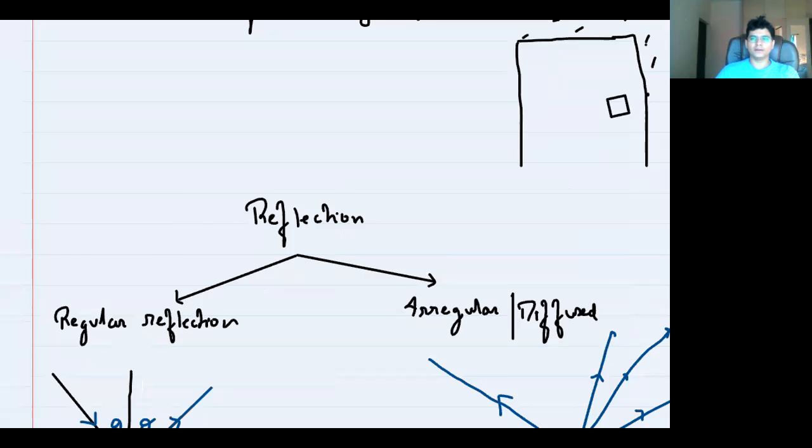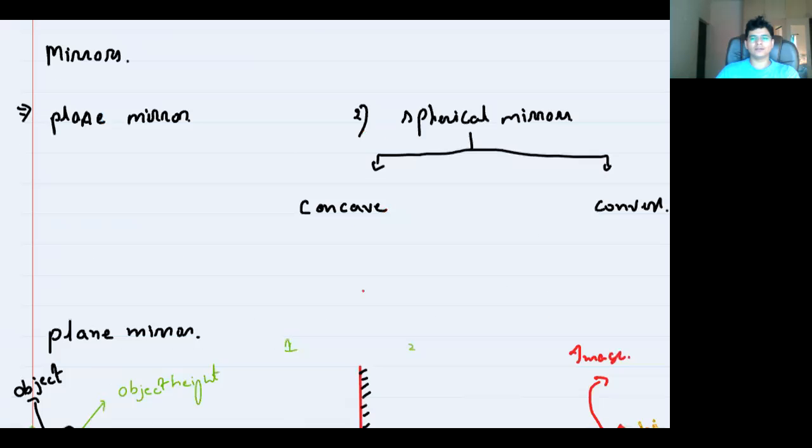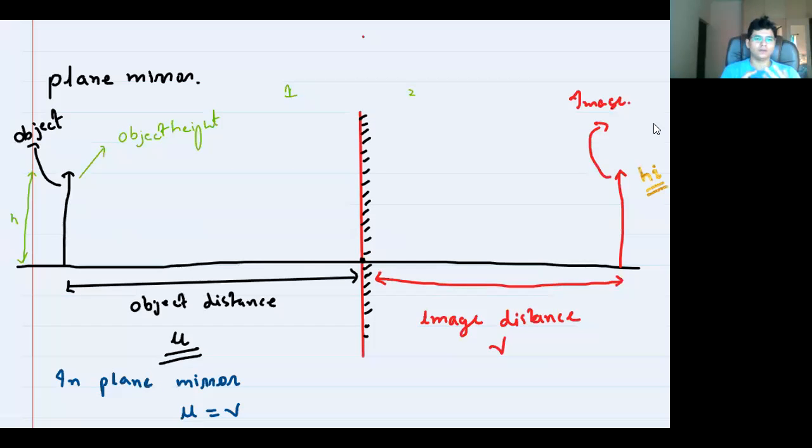Now, when we talk about plane mirror, we have some parameters, which are object distance, object height, right? So the mirror that we use at home to see our faces, to comb our hair, is basically your plane mirror. Yes or no? So you can see a plane mirror behind me, in my cupboard, right? That's what we see in everyone's house.